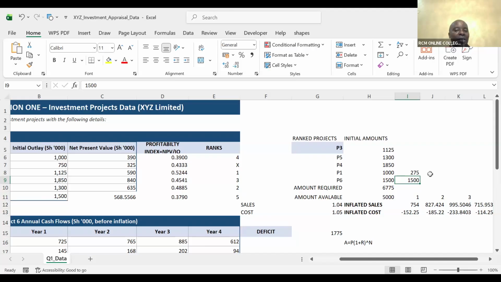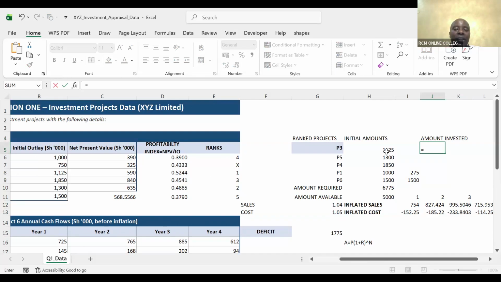So what does that mean? Ladies and gentlemen, if I come here, I can now say amount invested in each product, comfortably. Very easy, and I'm finishing this in the next 5 minutes. So amount invested in each product, I will pick this cell minus this cell, and then press Control Enter. And then I'll come here and drag this down